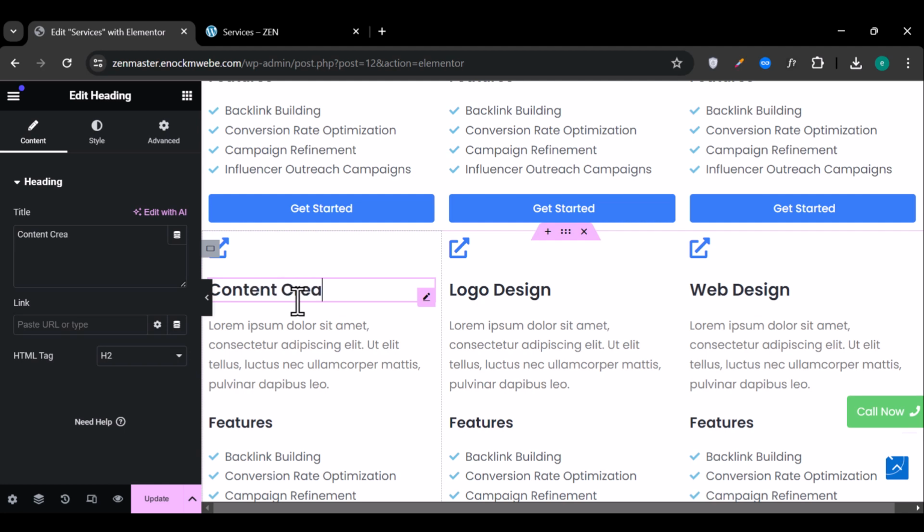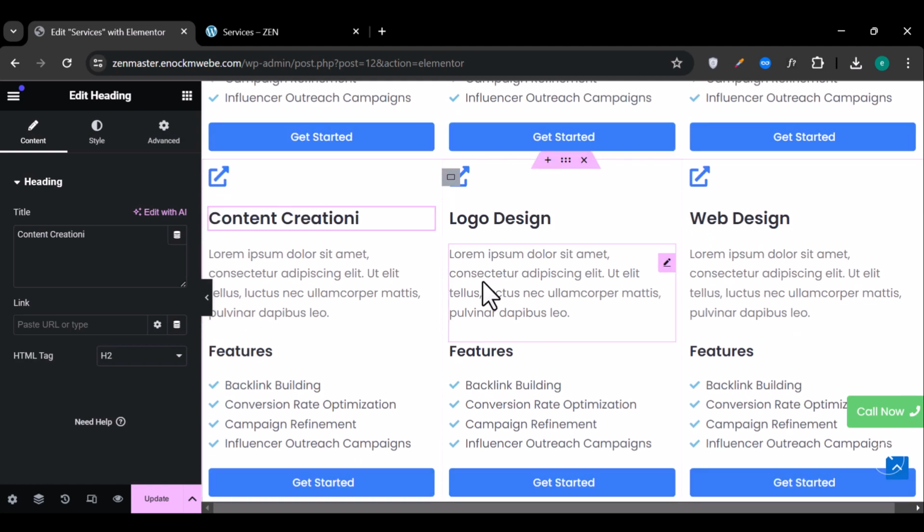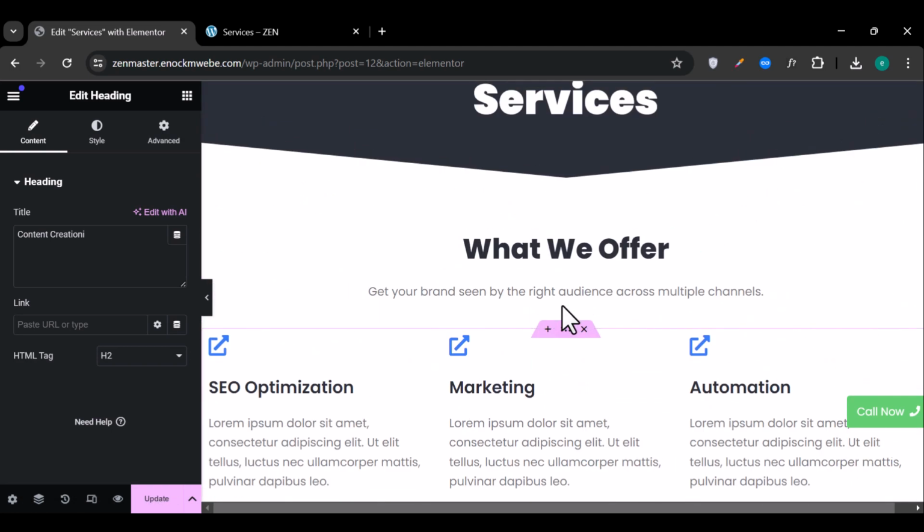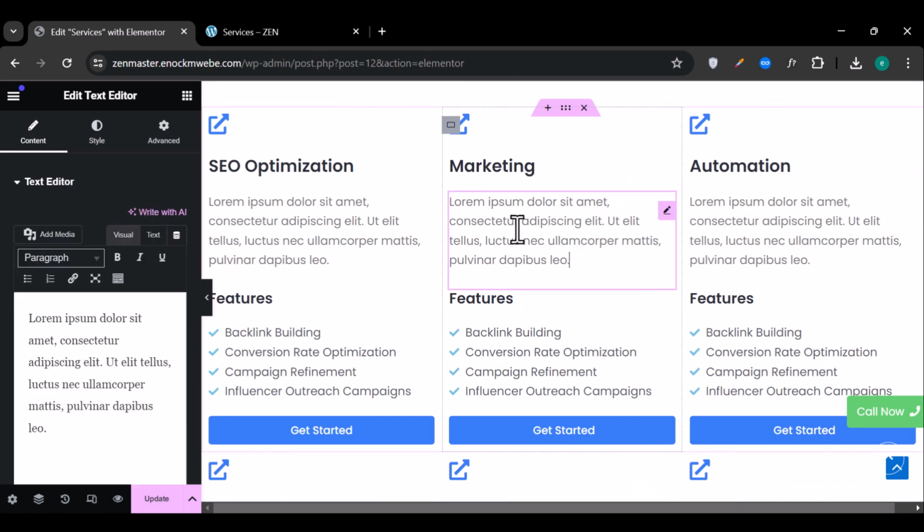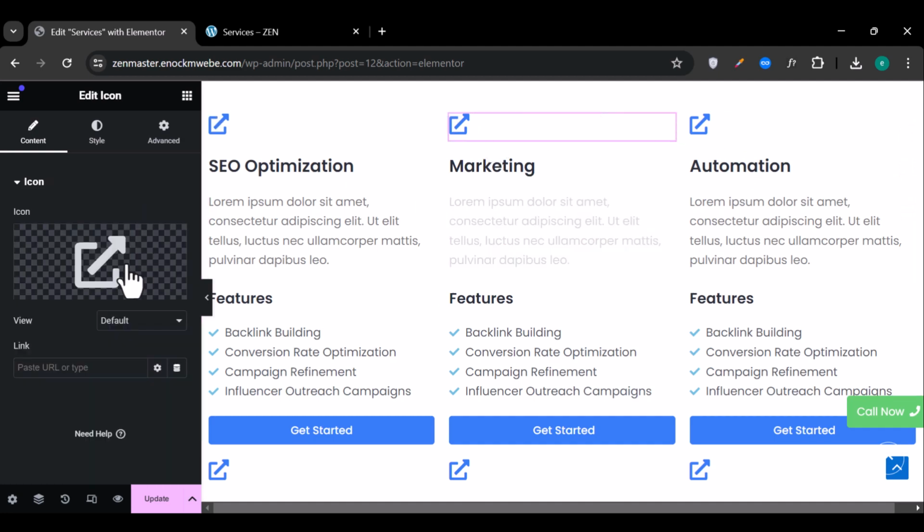Okay, something like that. So the features will vary depending on what you guys offer, but even these icons, you can